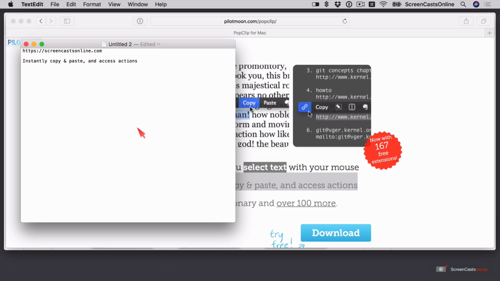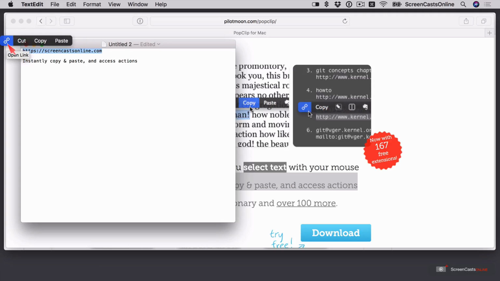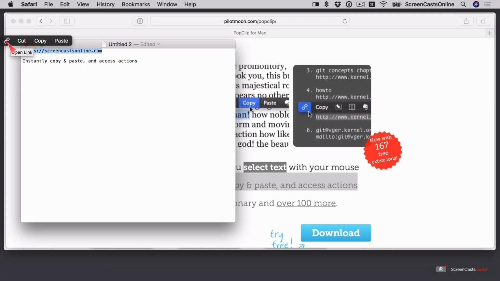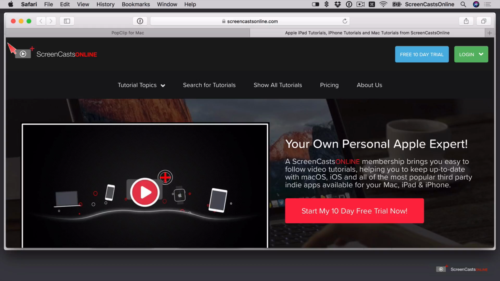Now, as I said before, it is context sensitive. So if I was to select this link and then release, now this menu is slightly different in that because it's a link, it's realized that I might want to open the link. Because this is an editable document, I could cut this selection if I wanted to. I could also copy it, but I could also paste what is already in my clipboard. But because it's a link, let's go ahead and click on open link, and that takes me directly to that link. So, by default, it's really, really useful, but its power does come with its extensibility.